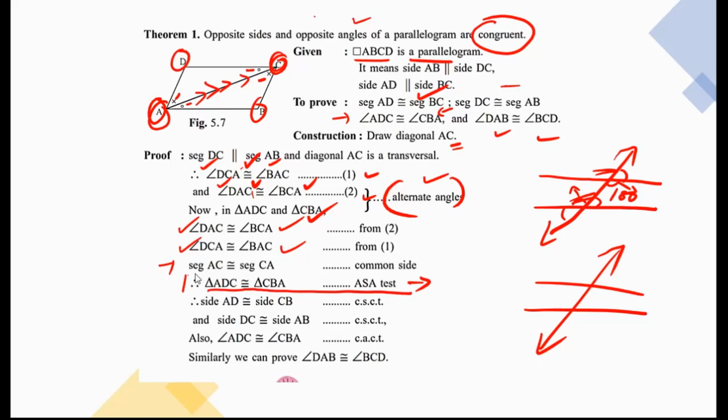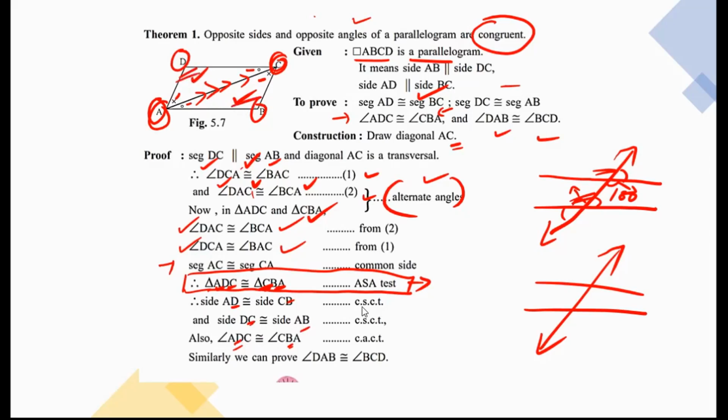ये भी 7th standard में पढ़ा था, congruency test. ये साल ट्राइंगल में अभी आया था, रिपीट हुआ था. So by the ASA test these two triangles are congruent, which are this triangle and this triangle, named ADC and CBA respectively. अगर दोनों congruent है तो हम क्या लिख सकते हैं? AD is congruent to CB, वो तो इधर लिखा है. Side DC is congruent to BA. नेमिंग के टाइम इसका ऑर्डर इंपॉर्टेंट है. Then angle ADC is congruent to CBA, this angle.